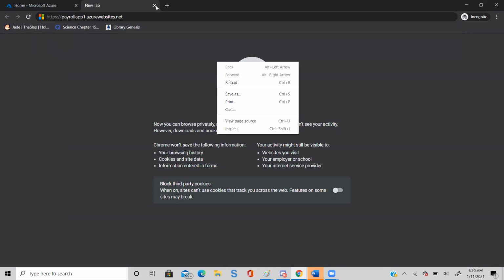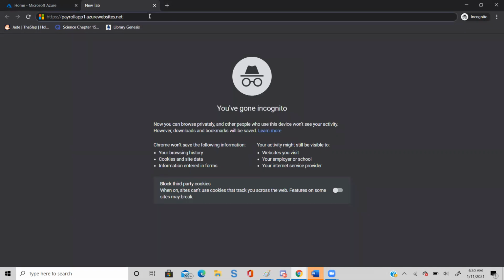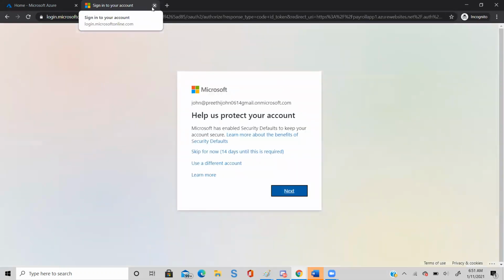This was the app we have now. Just hit the enter. So now when user tries to access this app, it will not open automatically. What is it asking now?